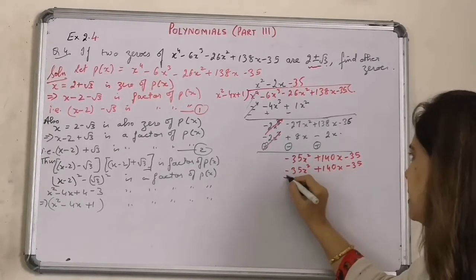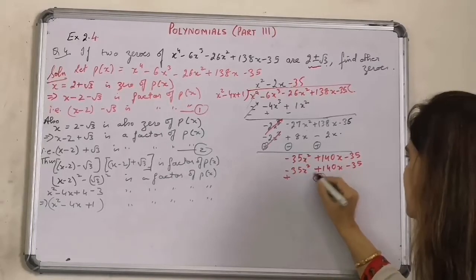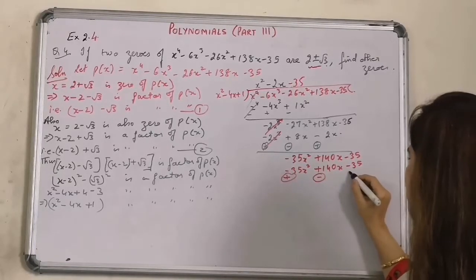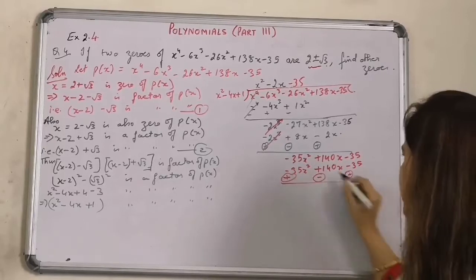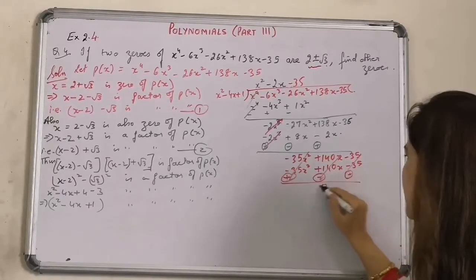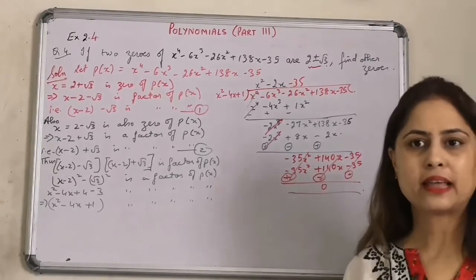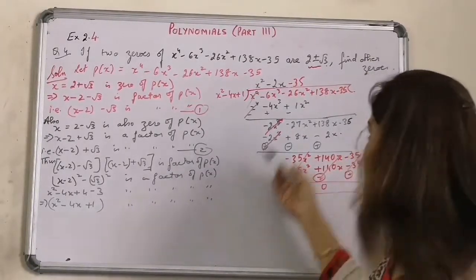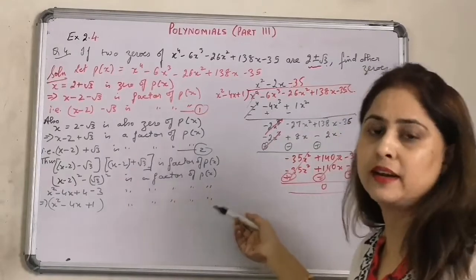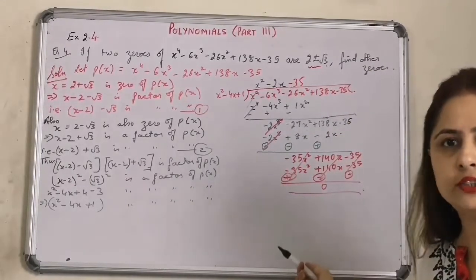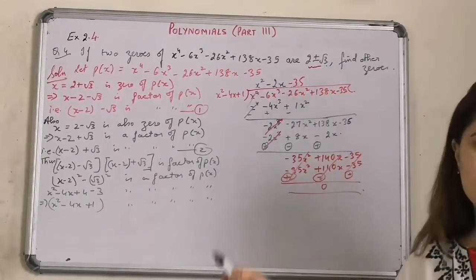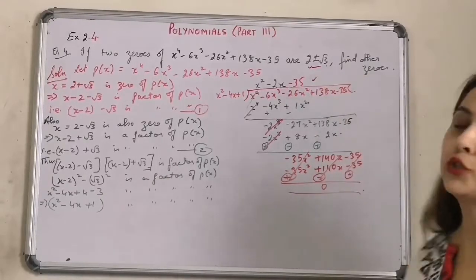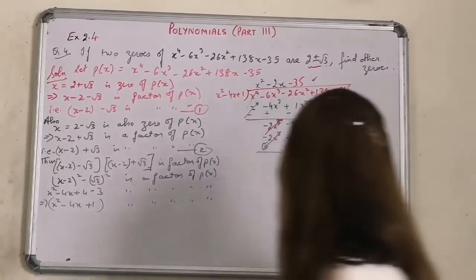Hey, what do we see? All the terms are same. On changing the signs, we are going to get the remainder as 0. So here it goes. And it was supposed to be like that only because we said that x square minus 4x plus 1 is a factor of p(x), and if this is its factor then the remainder obviously should have been 0. So our next step will be to factorize the quotient to get the other two factors, and here it goes like this.